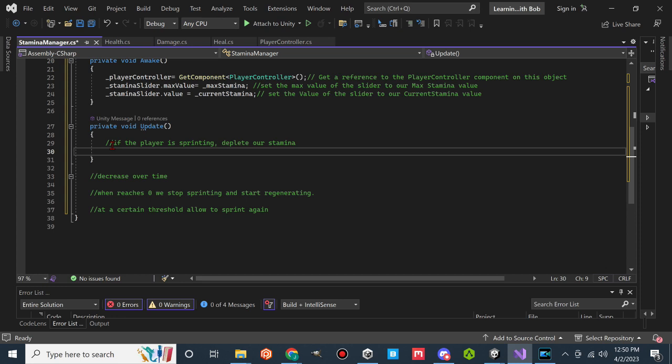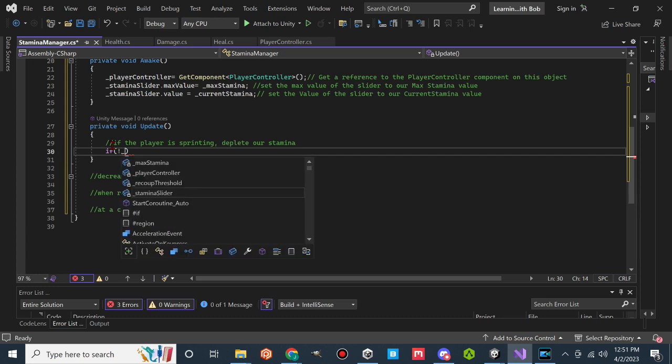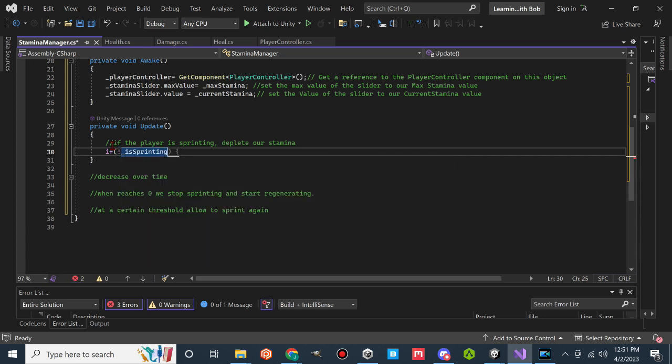So the way you're going to do that is if, and you do exclamation point in front of the is sprinting. Now, whenever you do it like this, if you kept it without the exclamation point, that means if the player is sprinting. By putting the exclamation point in front of it, you're saying if the player is not sprinting. So if the player is not sprinting, and we actually want it to be if the player is sprinting in this particular case,